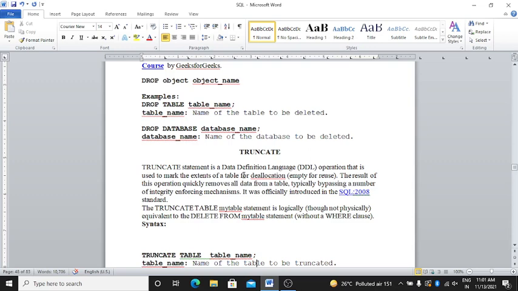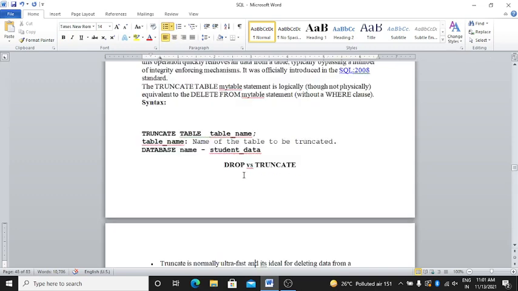It was officially introduced in the SQL:2008 standard. The truncate my_table statement is logically, though not physically, equivalent to the delete from my_table statement without a where clause.